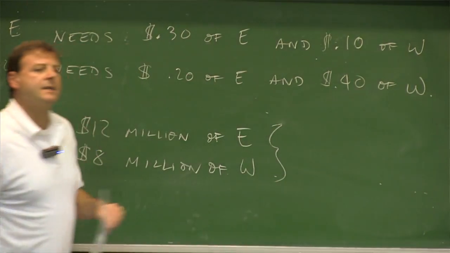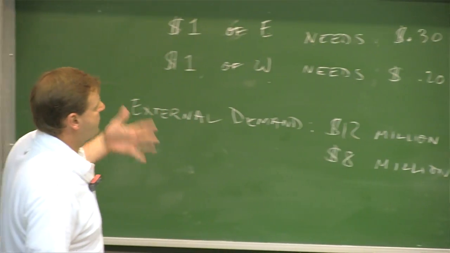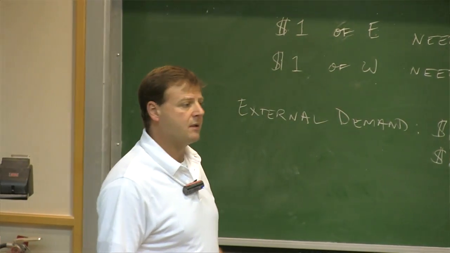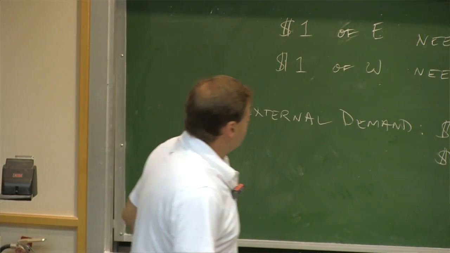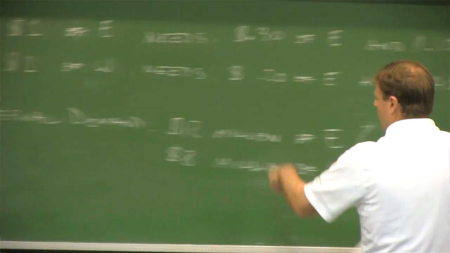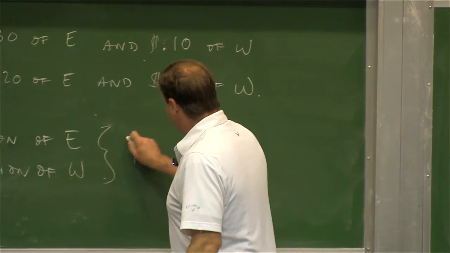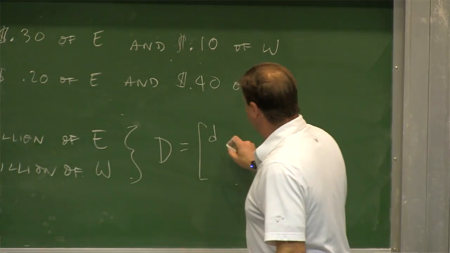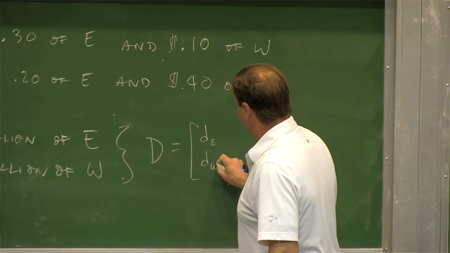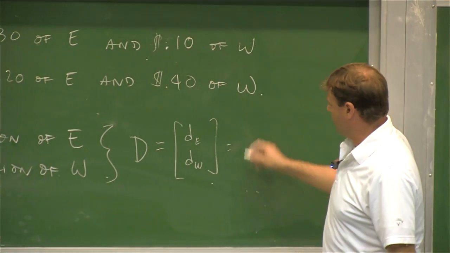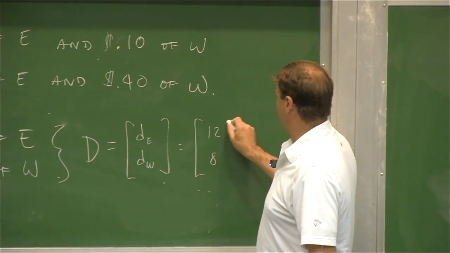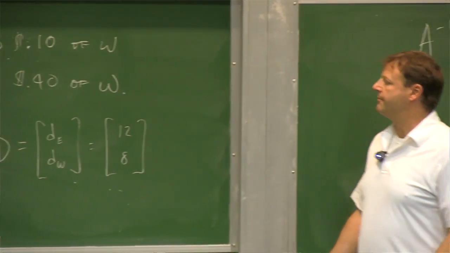And let's start to organize this information, because here we're going to start using all the matrix mathematics that we've been studying. So I'm going to collect this. My demand, D, it's the demand for electricity and it's the demand for water, but I can just write that. I know what those numbers are. It's 12 and 8. So there's my demand vector,